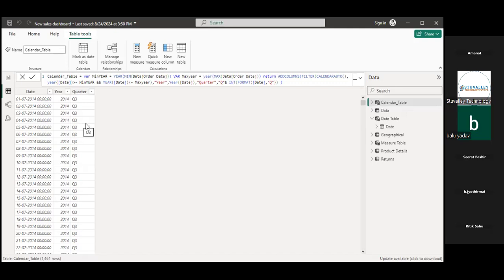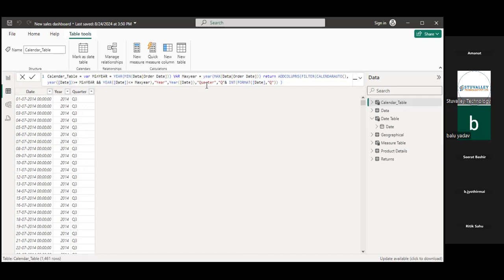So what is my need? I want year, one separate column. For that, where do I extract year from? From year date. Where is my year date function? Year date is what we used in our filter in the CALENDARAUTO function. So that's why I will put here year date.